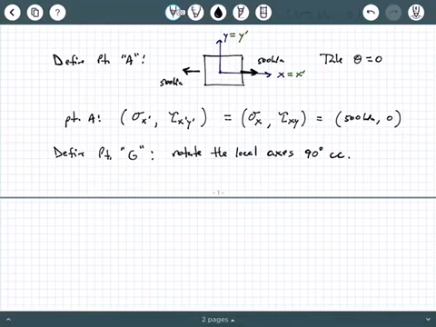After we've defined point A, the next thing we define is a point that in the previous video we called point G. In order to define point G, we rotated the local axes 90 degrees